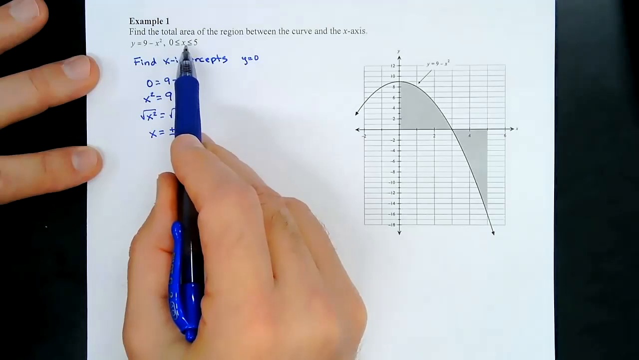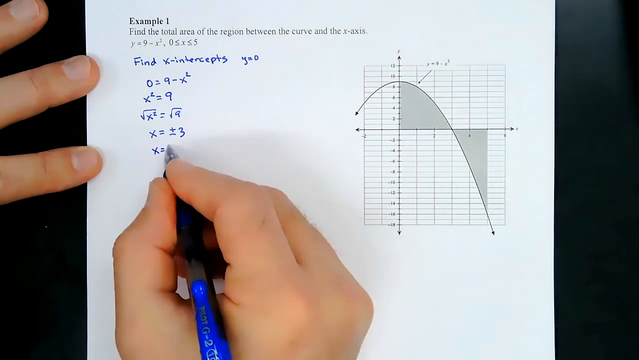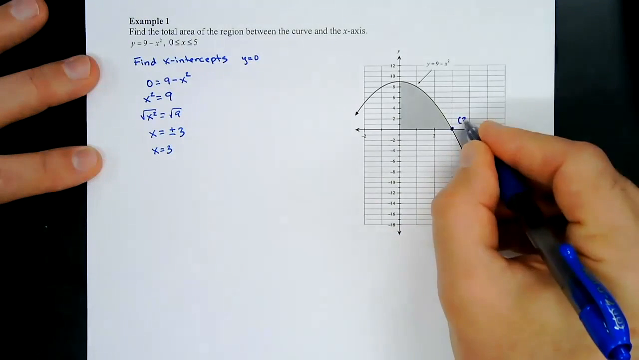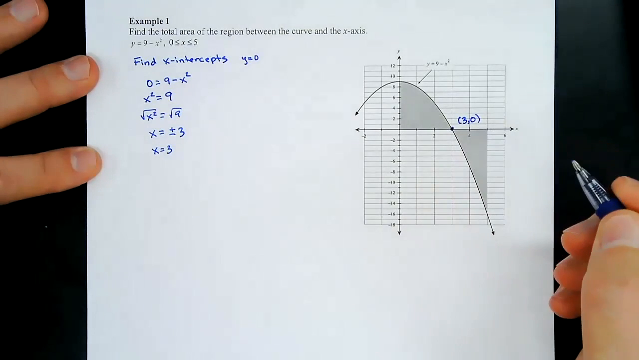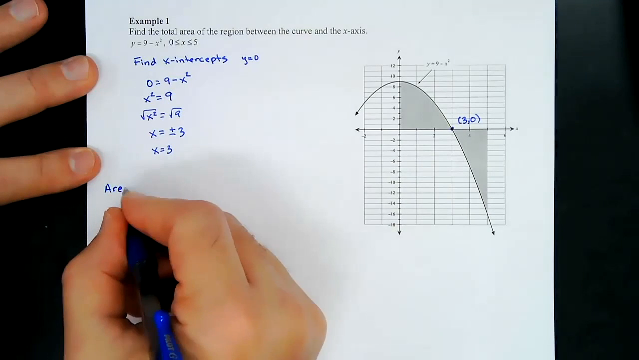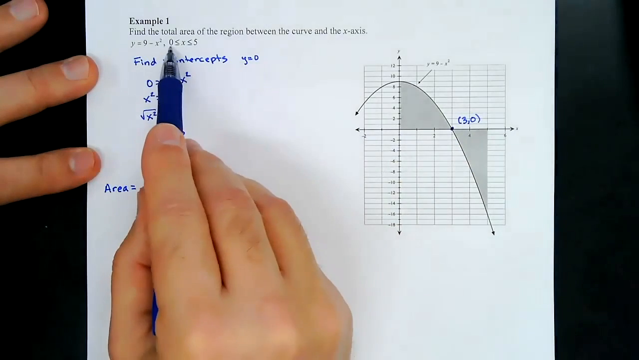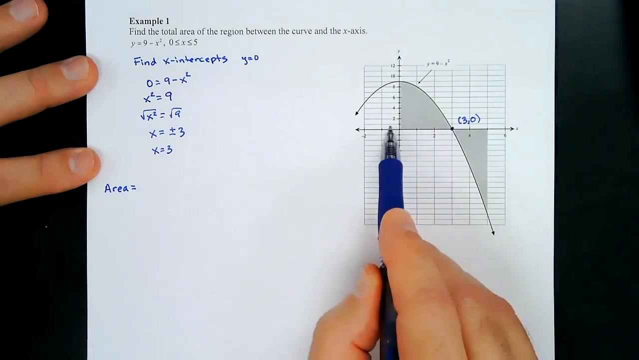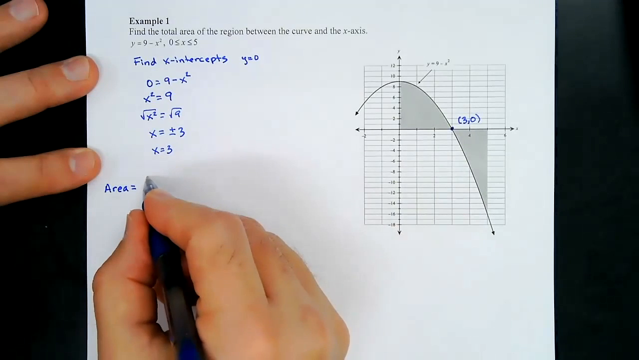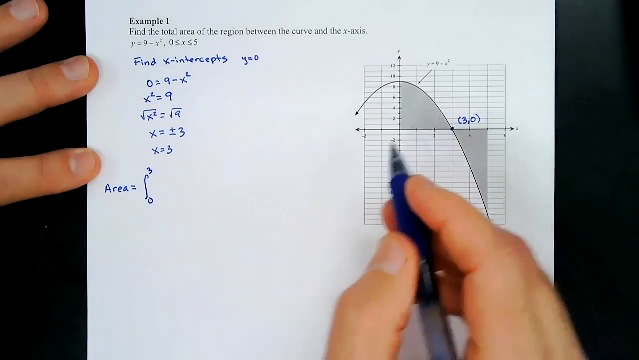But I'm only considering the function between 0 and 5. So actually, it's just going to be x equals 3. So this point right here is indeed the point 3 comma 0. So to find the area, we're going to have to integrate starting at 0 and ending where the region is above the x-axis, where it ends, which is at 3. So we're going to integrate from 0 to 3 of 9 minus x squared